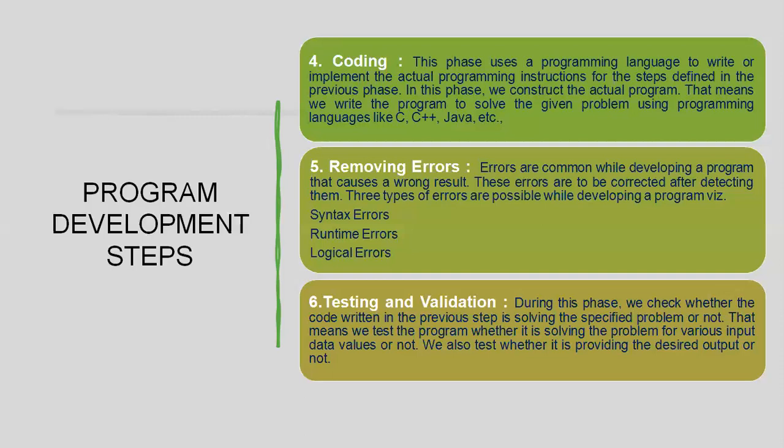Once we have identified the errors, we need to go for the sixth phase, that is testing and validation. Once the program is written, it must be tested and then validated. The program must always guarantee to produce correct results. Even when the program correctly translates the steps of the algorithm, there is a question of whether the algorithm itself correctly solves the problem or not.